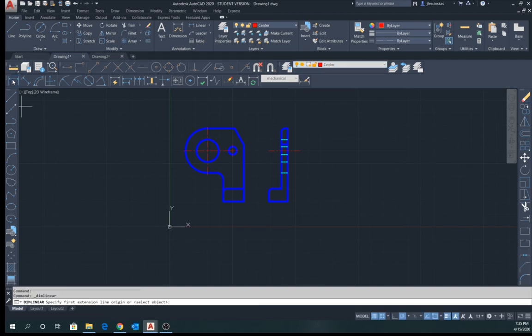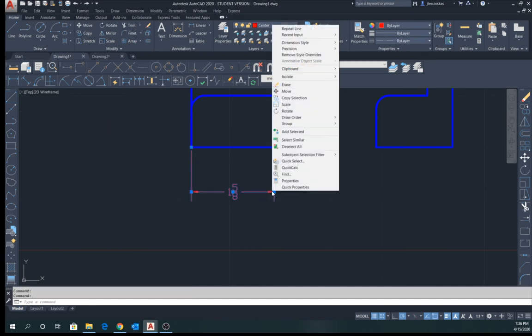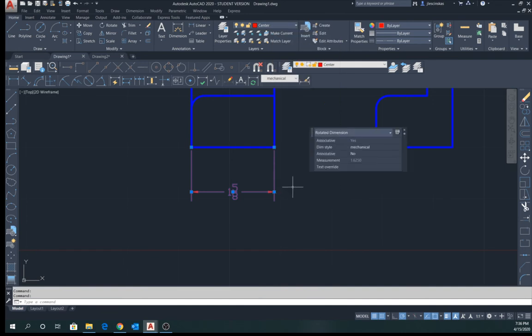I'm going to do the first one in center layer. So here, I click here, and I pull a dimension down. To change it, I can simply click on the dimension, go to Quick Properties,